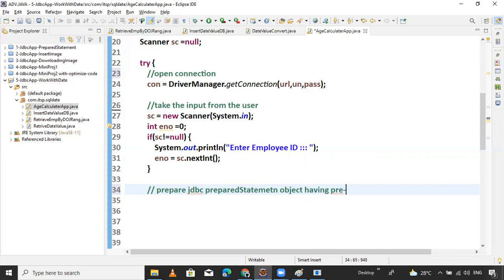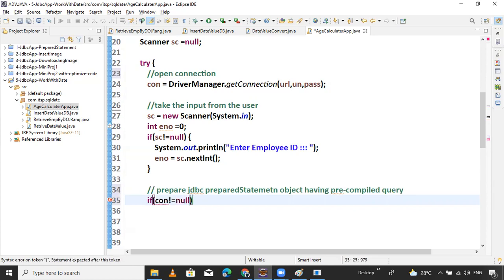This is the beauty of the prepared statement. First check that the connection is not equal to null. The connection should not be null, then prepare the statement.